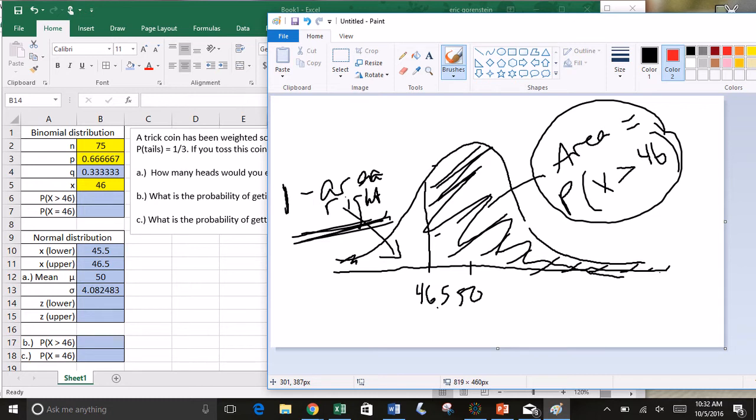So the value x equals 46 in a discrete distribution corresponds to the bar in the histogram between the lower and upper limits, so between 45.5 and 46.5. So here's basically the bar from the histogram corresponding to x equals 46. So that's 45.5 on the low end, 46.5 on the high end. So to approximate this, we're going to look at the area strictly to the right of 46.5. So coming back over here to Excel,